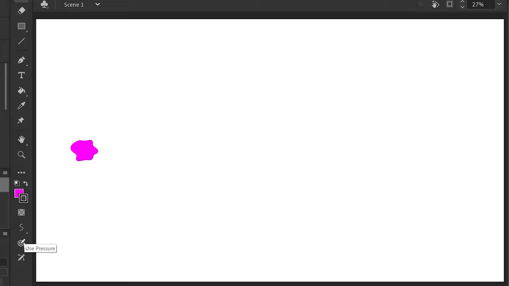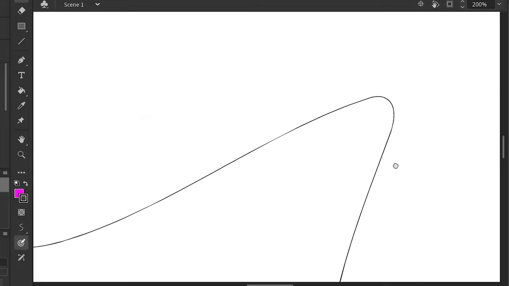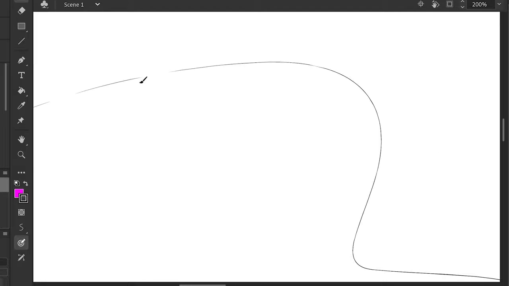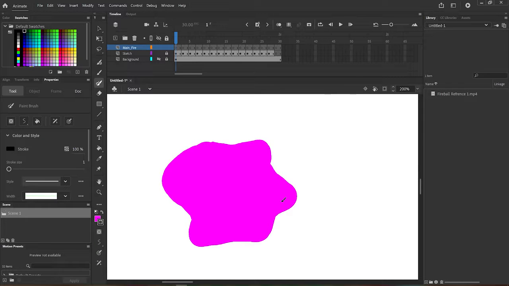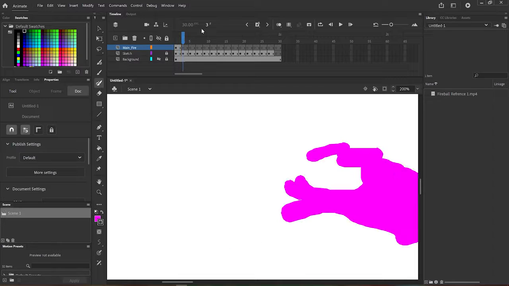For this part, we actually want our pressure sensitivity turned off, and we're having our stroke size set down at 1. If we had our pressure sensitivity on, our line would end up with holes in it, and we wouldn't be able to fill them in. Turn it off! Do as I say. Now we just want to zoom way in and trace over our sketch by adding lots of fiery detail. That's just a cool, or should I say warm, way of saying that we're going to trace over it super duper squiggly like. If we turn our onion skin back on, you'll see that it shows us the previous frame